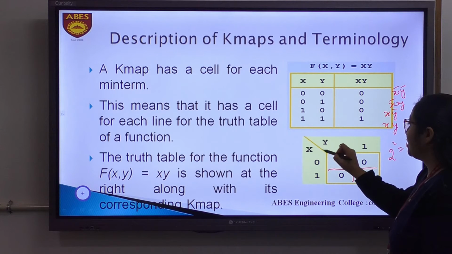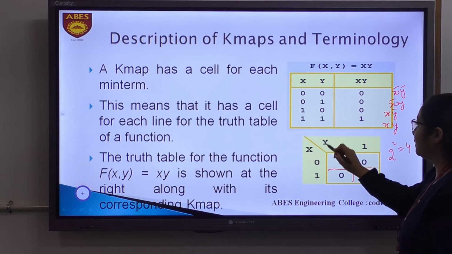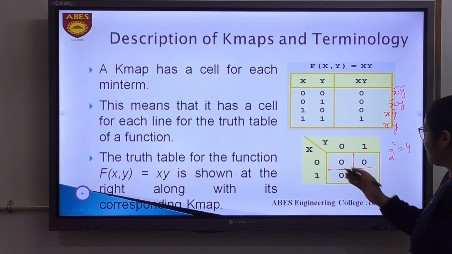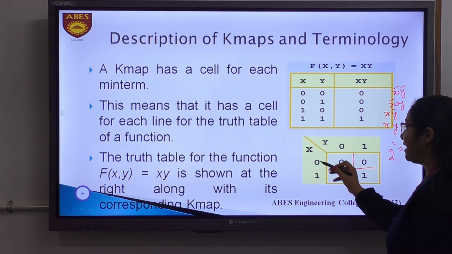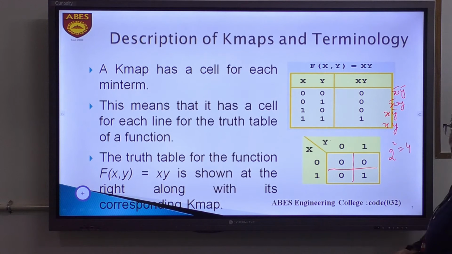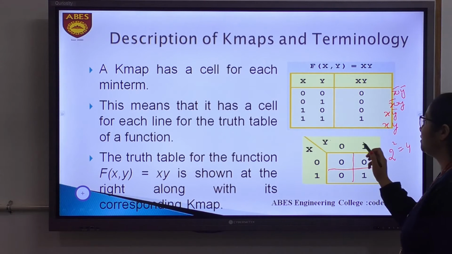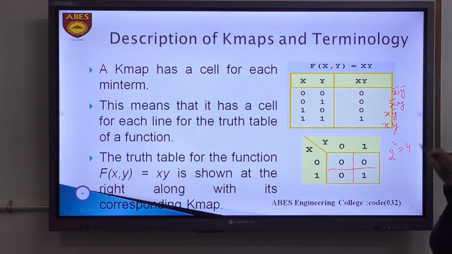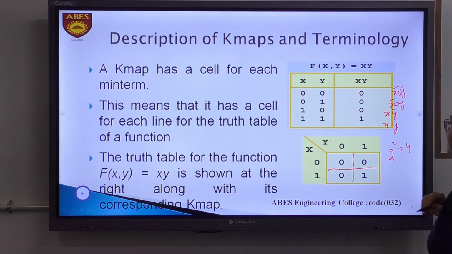Here we represent one variable on one side of the K-map and another variable on the other side. In the column side we are representing the possible values of x. X can take only 0 or 1, and in the row side we are again representing y in the possible 2 values, that is 0 and 1. Now how will x bar, y bar be substituted?